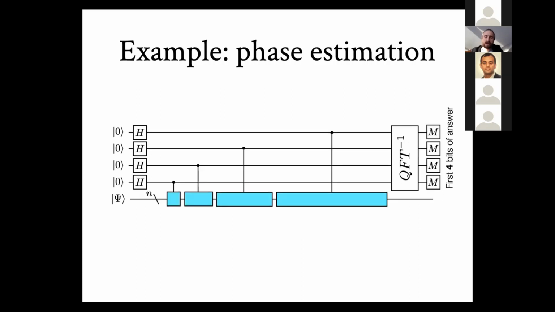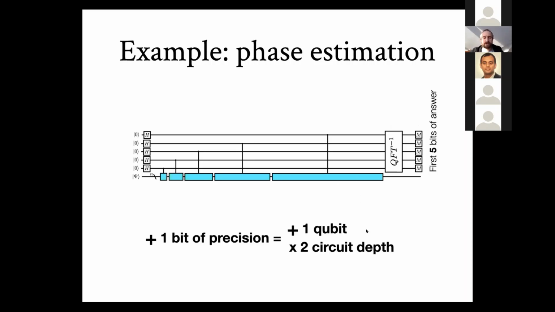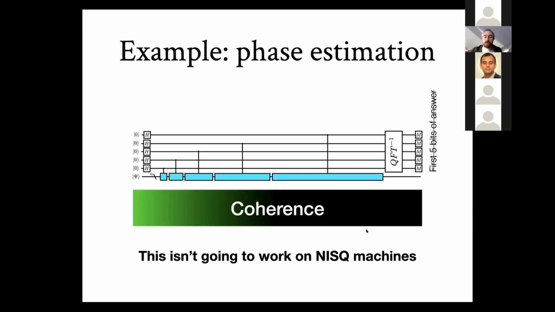If I want 1 more bit, I have to add a new circuit, a new larger circuit at the bottom to extract the 4th bit. And if I want 1 more bit of information, I have to extract an even larger one. And basically, for each extra bit of precision with this algorithm, I have to double my circuit depth. And the doubling of this circuit depth implies that I'm going to accumulate more noise. And since all of my operations incur noise, the longer my computation goes, the more likely I am to have nothing but noise at the end of it. So this kind of algorithm, this will not work on this machine. We have to do something else.